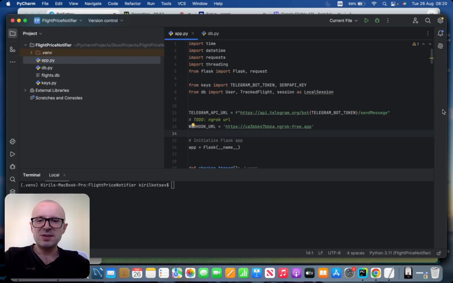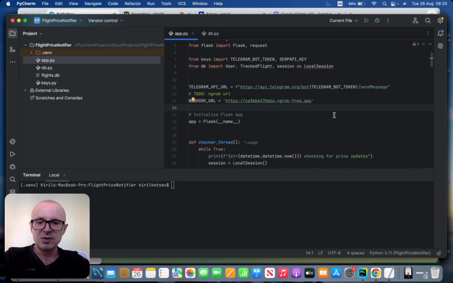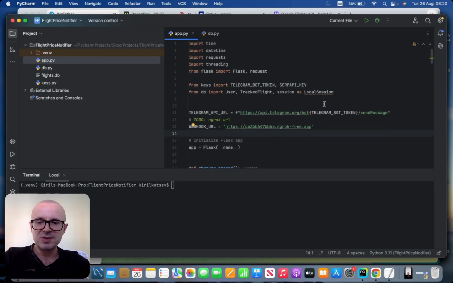Once you have generated the access token for the Telegram bot, the next step is to create another file in our Python project, which is going to be called app.py. And in here you can see what we're doing. We're importing a bunch of libraries. We import time, datetime, requests, threading, and then we import Flask, request,